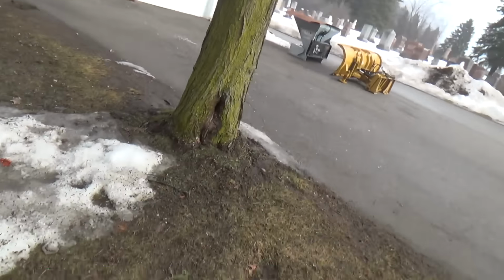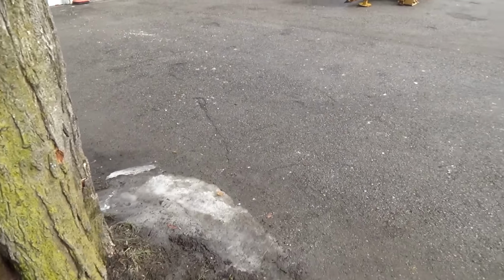I think it'd be nice if the sun got out just a little more and dried the road off a bit, because it's still all wet. I don't really want to be sitting down on that when it's soaking wet, so not much I can do, I guess. So anyways,